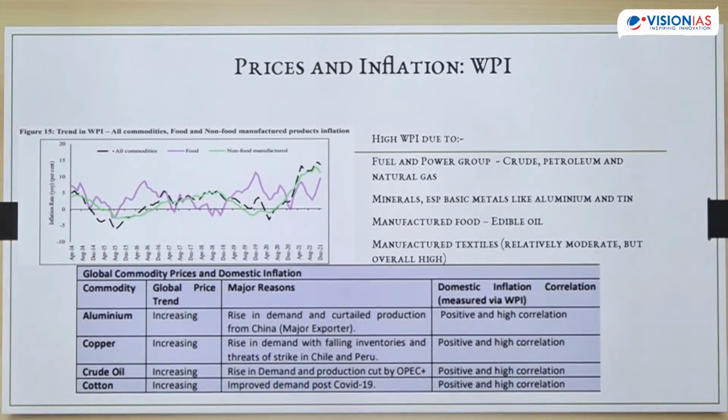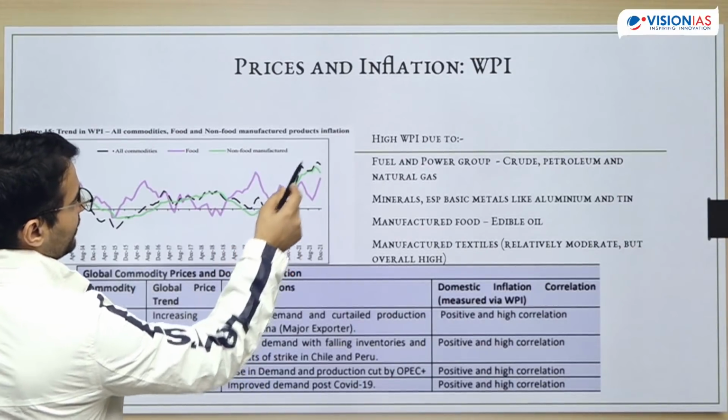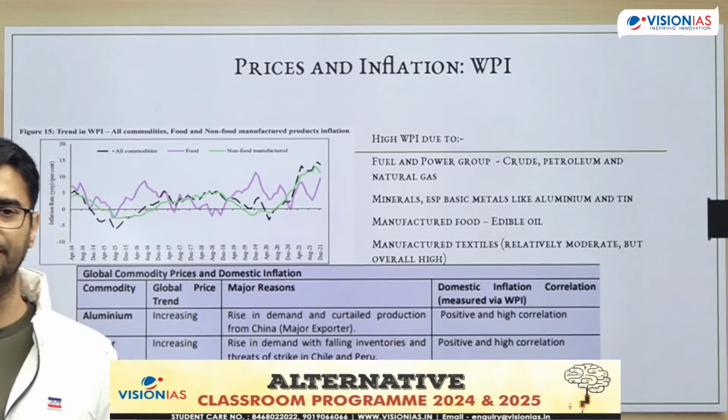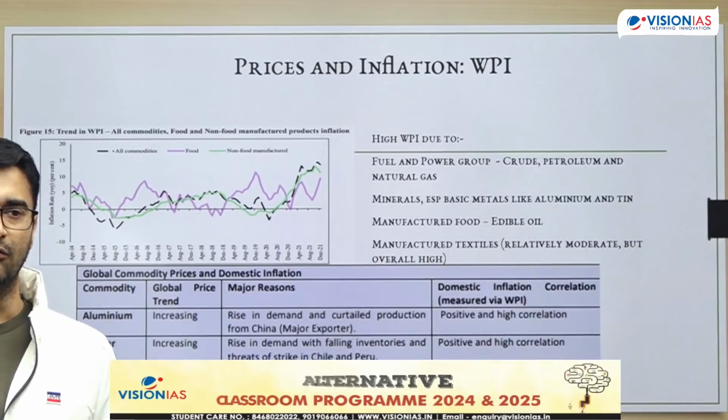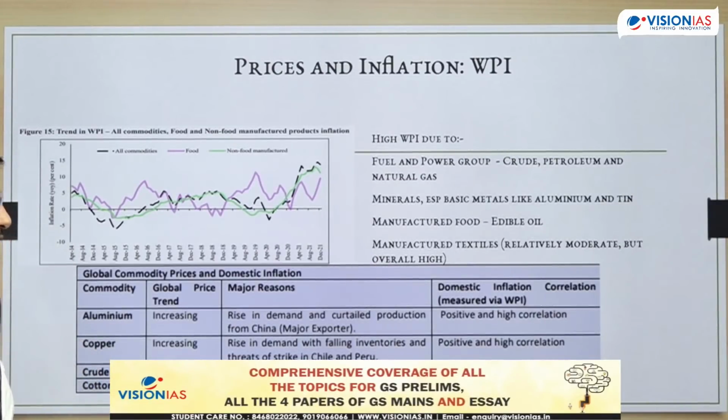Next we have WPI. As I said, WPI has been much higher than what it was last year. Last year WPI was quite muted. On an average, last year it was somewhere around 0% only. Last year WPI was quite low, for all commodities, but this year WPI has been rising higher, in double digits almost throughout the year. What were the reasons for the increase in WPI? Reasons for increase in WPI are: